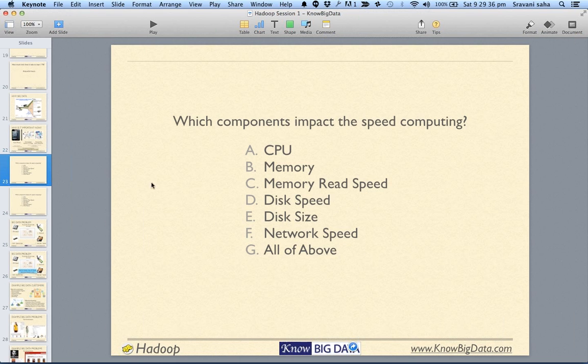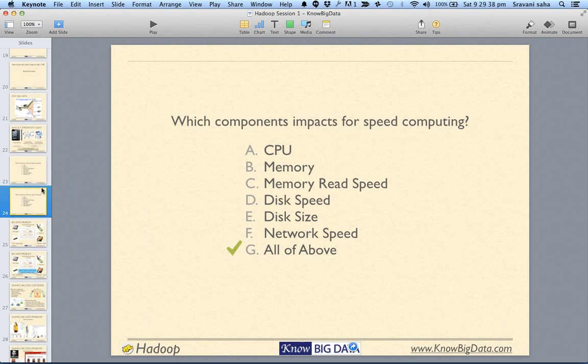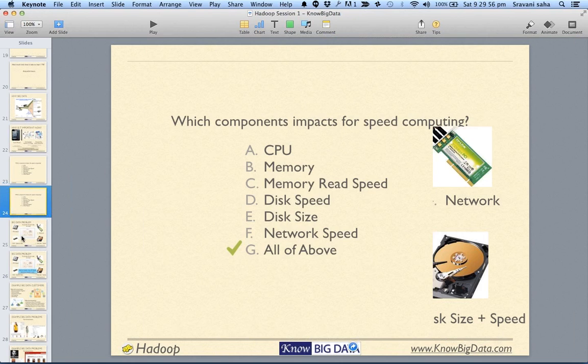So the thing is, all of the above, that is G, all of these components A to F impact the speed of computing. Yes, that's correct, Ruda. Great, great. Now,